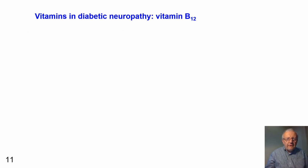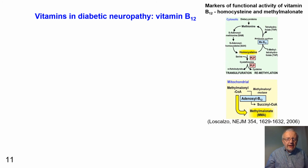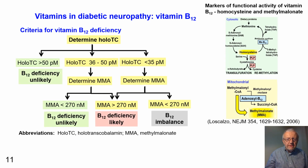Now vitamin B12, cobalamin. Functional markers of vitamin B12 are levels of homocysteine in the cytosol and methylmalonic acid, MMA, in the mitochondria. The hypothesis of metabolic resistance to cobalamin was developed by Lawrence Solomon to reflect decreased functional activity of cobalamin: increased homocysteine and/or methylmalonic acid in the presence of a sufficiency of active cobalamin, called holotranscobalamin, holo-TC. By convention, vitamin B12 deficiency is present when holo-TC is less than 50 picomolar and methylmalonic acid is abnormally increased,